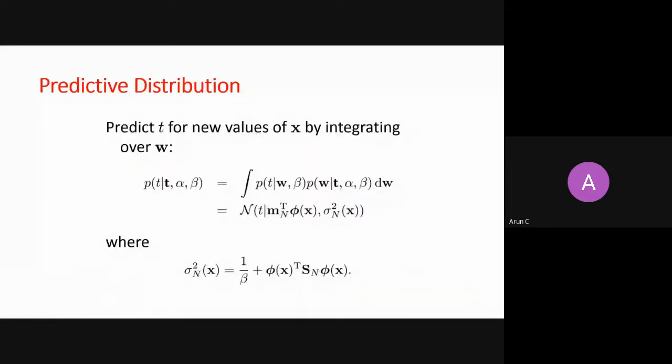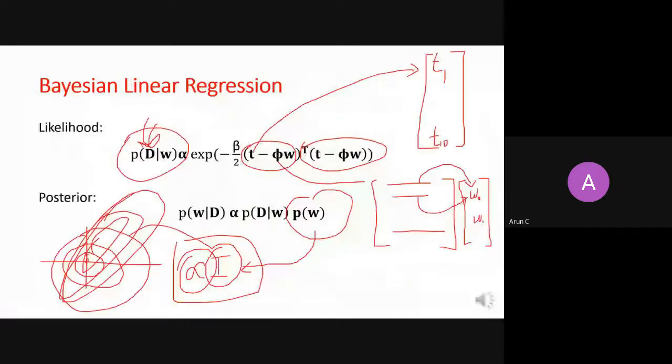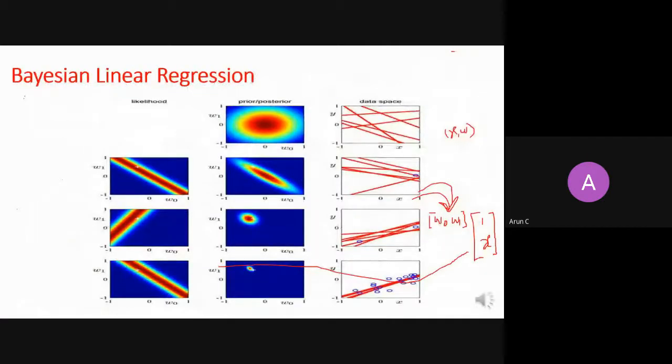So now I am here, right? I want to go to this slide here, and just want to discuss what we have done so far, right? What I'm showing you on the slides here is a prior, which was defined by my alpha. I started with my likelihood. I did something and found the posterior distribution.